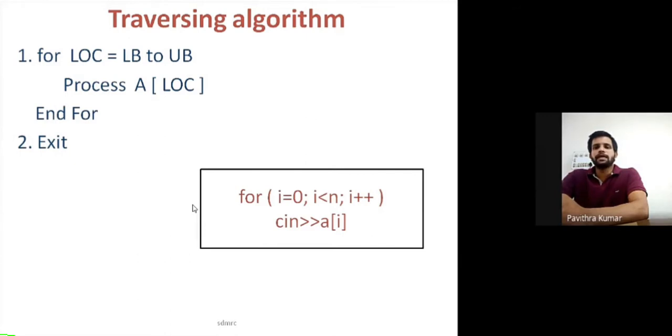That's why I can be 0, it can be 1, it can be 2, it can go up to n minus 1. That's why it should be less than n. N minus 1 will be the last value, which is less than n. And every time you need to increment I plus plus. In the algorithm, we need not mention I plus plus, that will automatically increment. As far as the statement is concerned, we write I plus plus. The 0 value becomes 1, the 1 value becomes 2, it is incremented by 1. And as for the process, in the example, I have taken c in A of I. It could be c out A of I, it could be anything. So this is the traversal algorithm.